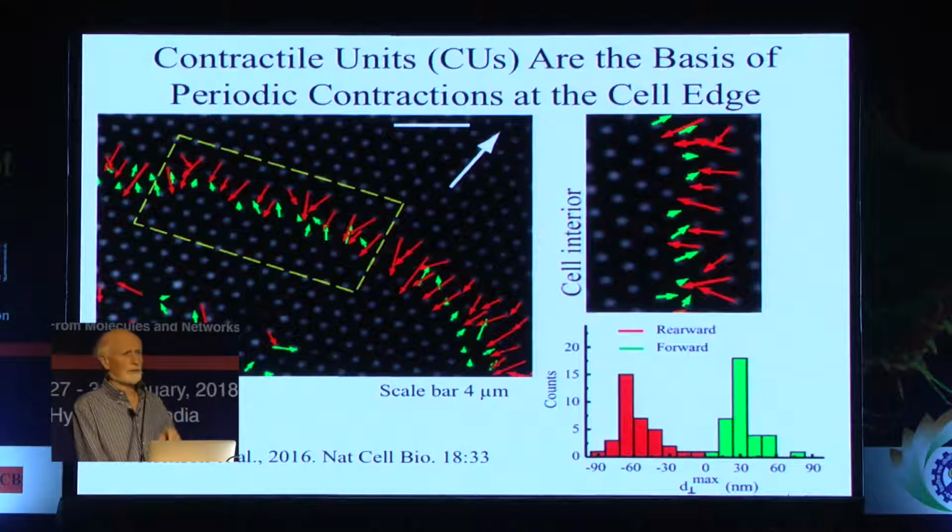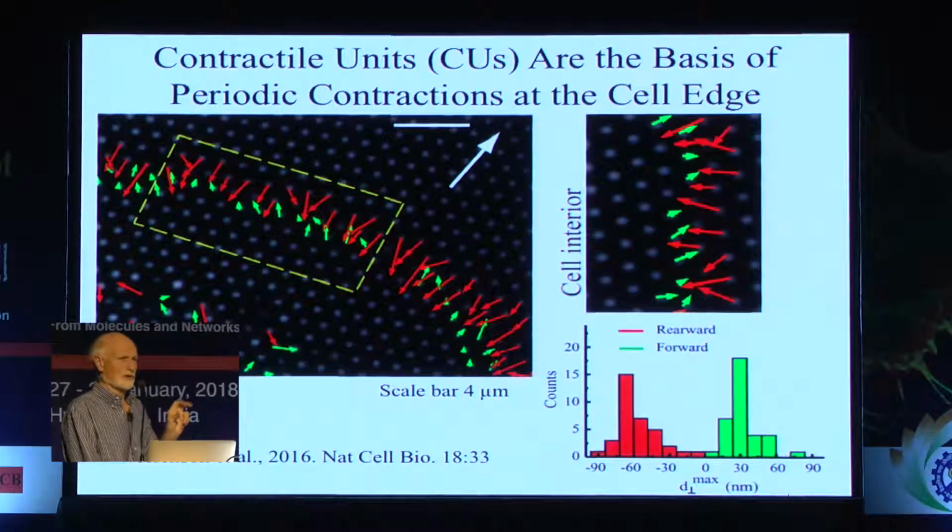And the other surprising aspect of this is that when we look at the length of the arrows here, which are indicative of the degree of displacement, the red arrows are larger than the green arrows, so there are greater forces applied inward than outward, which fit with the idea that there was flow of actin inward in this region of the cell, which has classically been known, and indeed this rigidity sensing